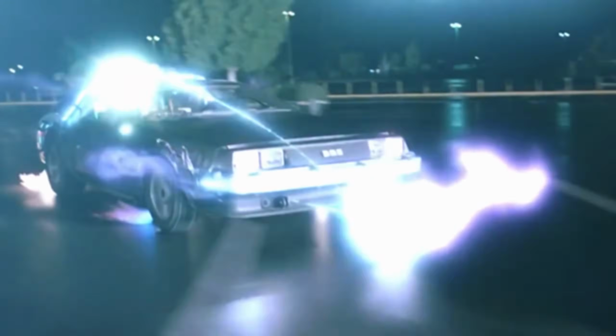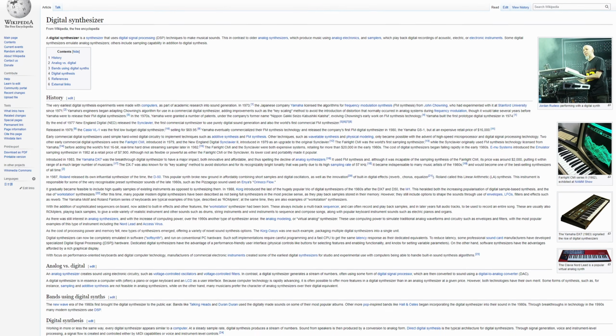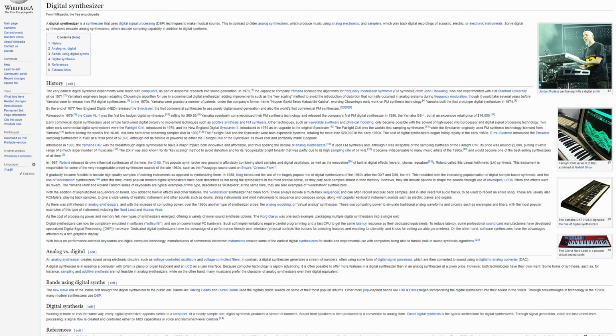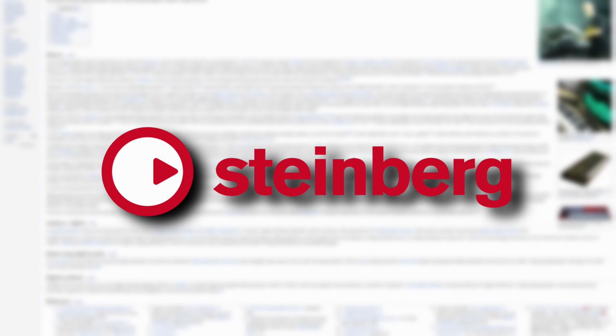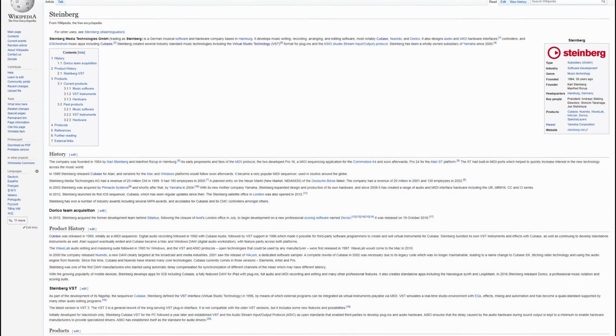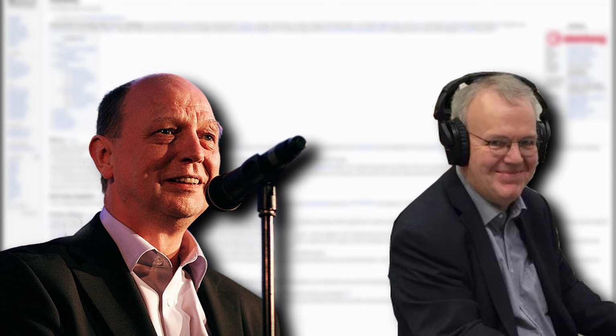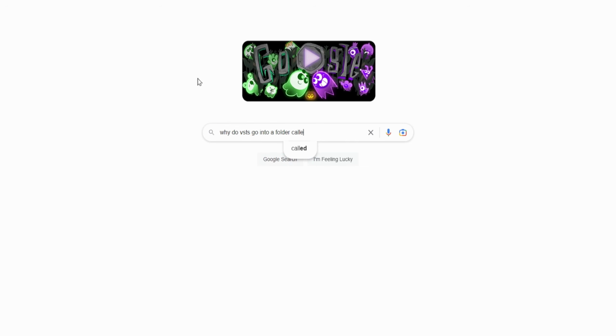Before I start rambling about Grossbeat itself, I think we should travel back in time to 1996, the year VSTs were invented. The concept of a digital synthesizer or audio effect that fit onto any platform was foreign until Steinberg Media Technologies introduced VST, or Virtual Studio Technology, to the world in 1996. Steinberg was a company founded in Germany by two men named Karl Steinberg and Manfred Rurup in 1984. For all of you producers out there wondering why DAWs and sequencing programs create a folder called Steinberg that all your VSTs go into, now you know.